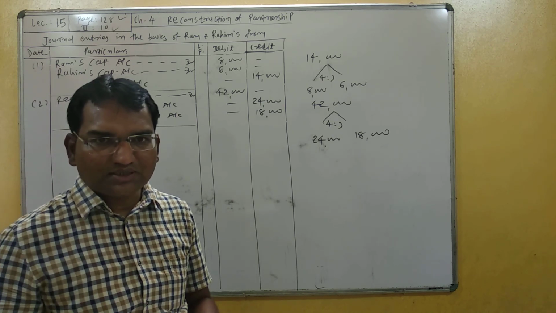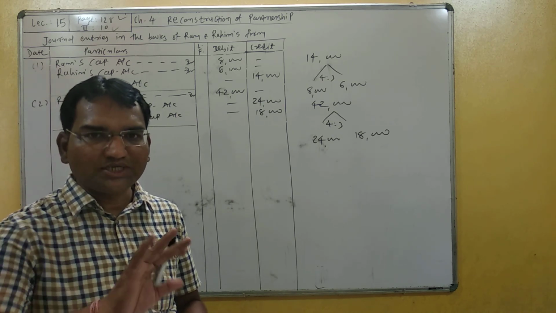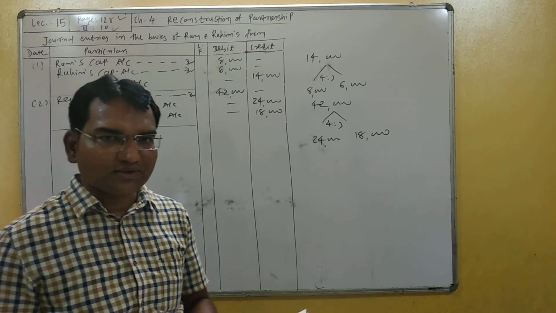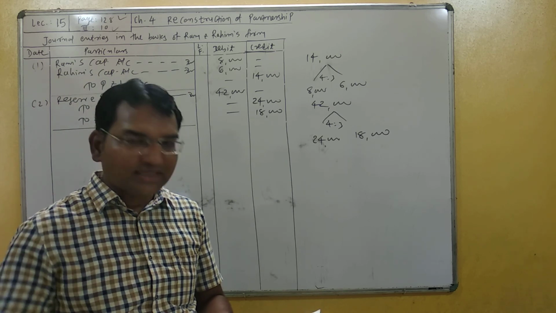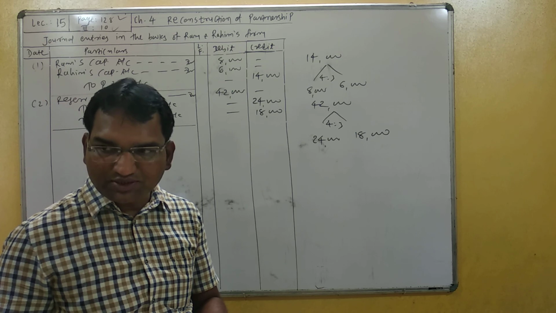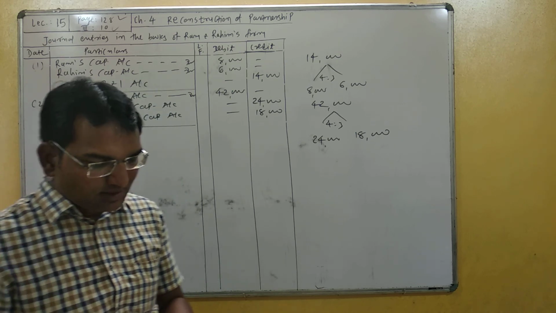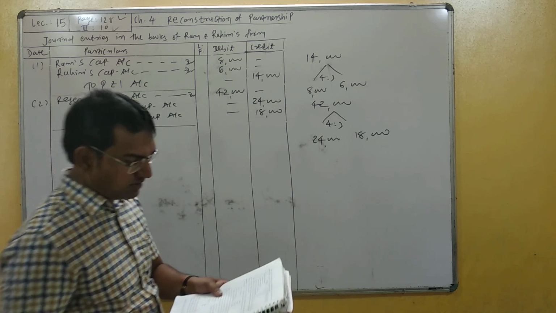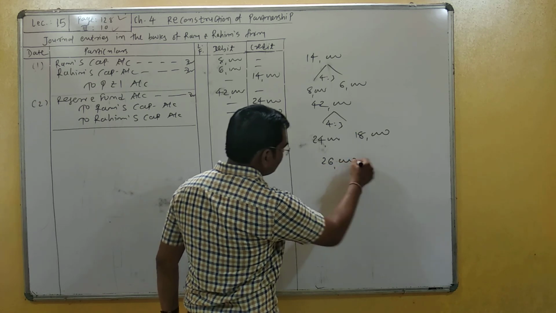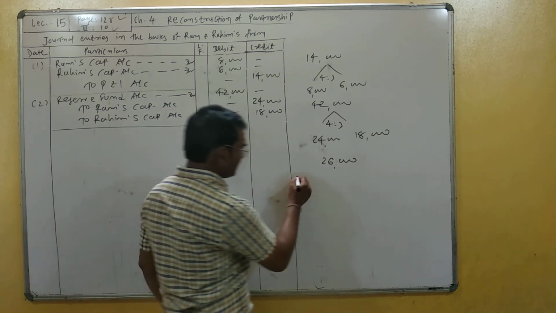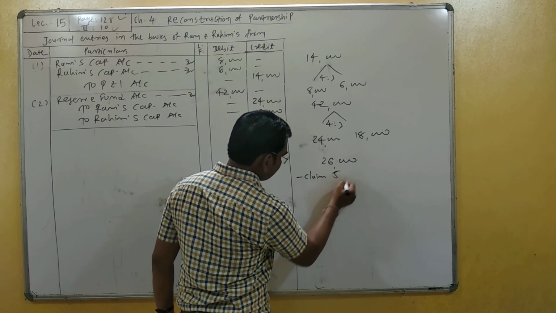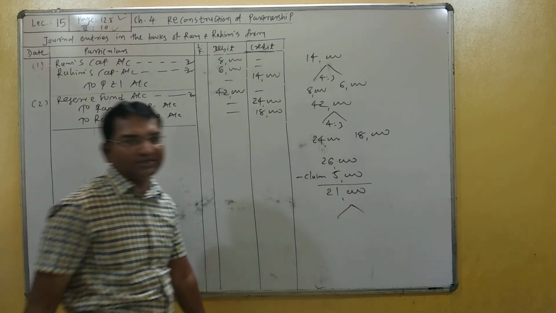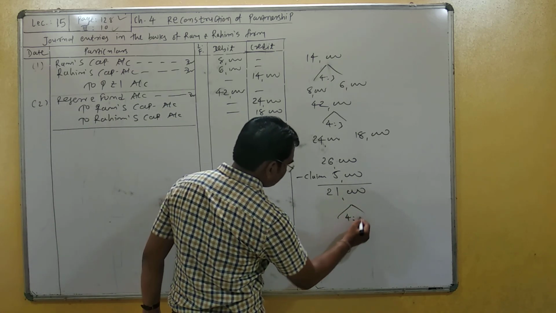Workman profit sharing fund is a liability of the firm, so it cannot be distributed between partners. One separate note is to be written at last. Next and last balance, workman accident compensation fund 26,000, but a claim of rupees 5,000 outstanding is given in the paragraph. So 26,000 is not distributed between partners. Out of 26,000, 5,000 is deducted as a claim. So the remaining balance 21,000 is distributed between partners in the ratio of 4:3.